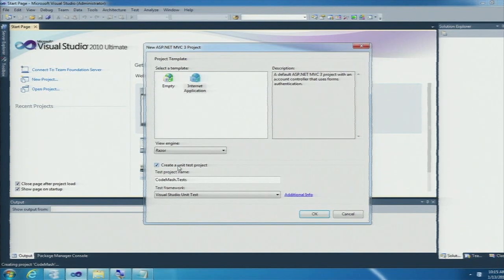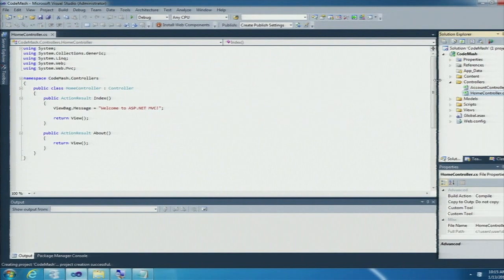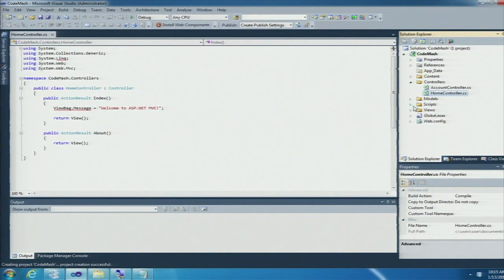Now I call this the good, evil checkbox. So currently we're being evil, currently we're being good. We're going to be evil for this particular demo and we won't create a test project. Now over in Solution Explorer, let me just show you the new views that we get in MVC 3. You'll see here that everything has the familiar .cshtml extensions. So that signifies that we're talking about a Razor view as opposed to the traditional ASPX view engine.